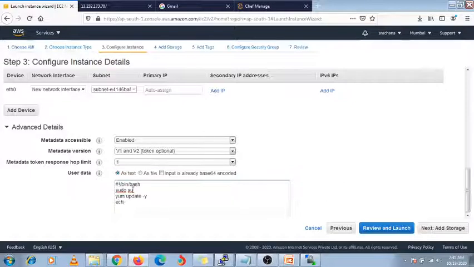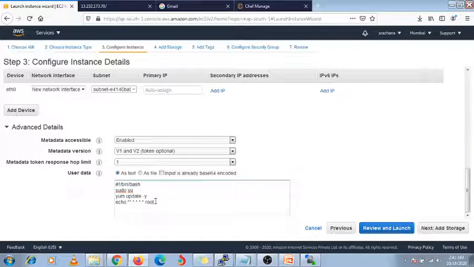Here you need to specify echo, then in double quotes, star tab star tab star tab star, star space star space star space star space star space. You need to specify 5 stars.